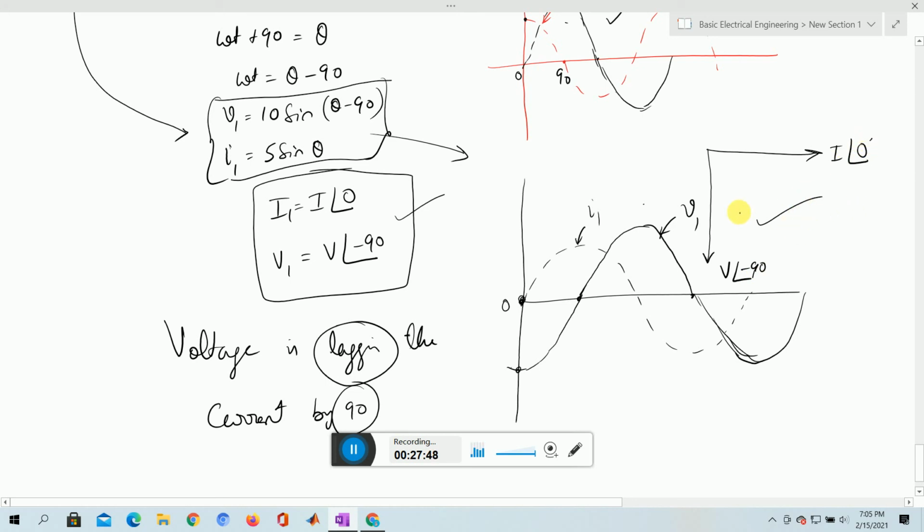So you can have a phasor notation this way, with current on the x-axis and the voltage on the negative y-axis, or you can have the voltage on the x-axis and the current on the positive y-axis, I angle 90 degree. You can have the representation either way. So you have learned how to represent this in the waveform and the phasor.